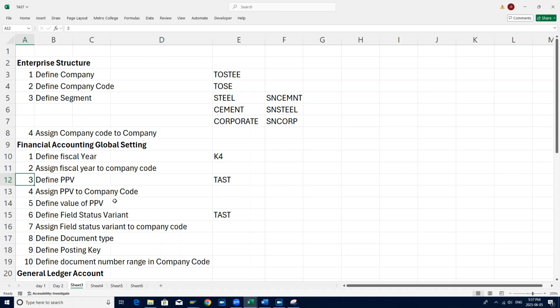We will not allow the user to post data either in the previous year, previous period, or next period, because if they post the data in previous years, all the finalized periodic books are affected. So that's why we need to assign a posting period variant, and we will open the posting period variant for the company code. So for that I am using this controlling area,